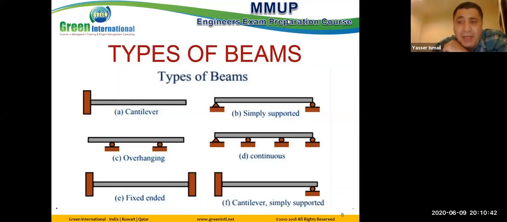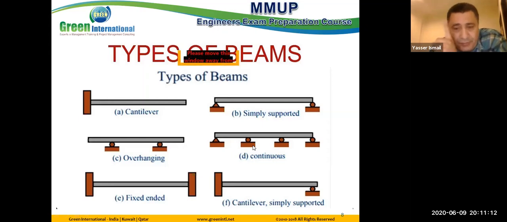I will give an example now. What does it mean? Simply supported, we have two supports. Continuous, we have many supports, 1, 2, 3, 4. Okay. What does it mean, guys? How many reactions do we have in figure D? This figure indicates a roller support. That means we have one reaction in this support D.